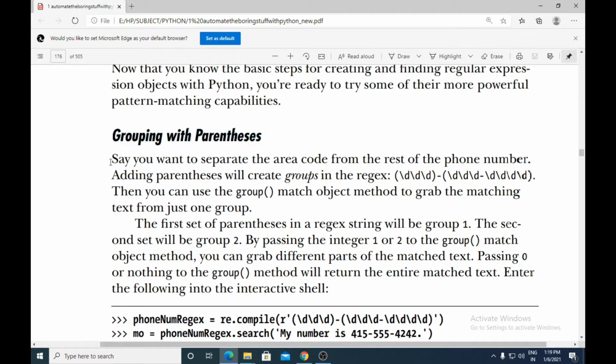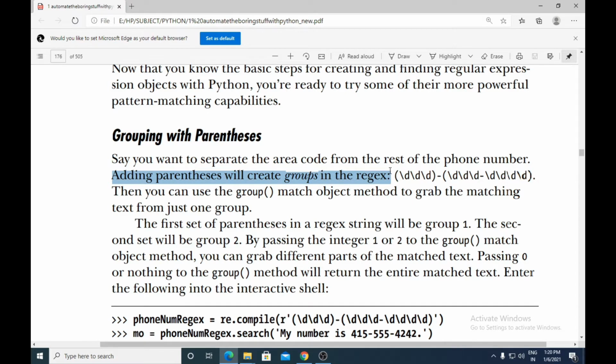Say you want to separate the area code from the rest of the phone number. The phone number we had seen has three parts: 3 digits, hyphen, 3 digits, hyphen, 4 digits. The first 3 digits are the area code. If you want to separate that area code from the rest of the phone number, you can do that by adding parentheses, which will create groups in the regular expression.